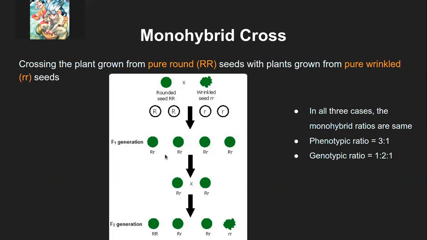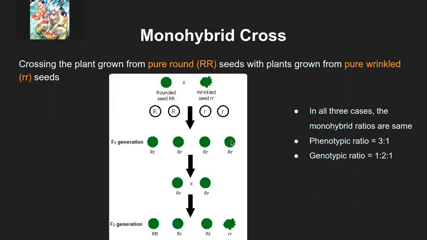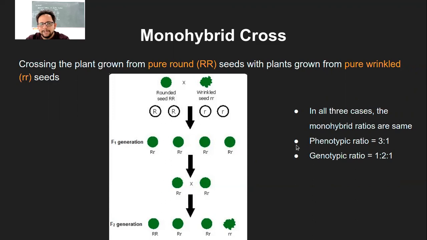And in the next, yes, why did you get 4? Like, won't you get only 2? No, we'll always get 4, no? This gamete will fuse with this, you get the first. This gamete will fuse with the second, you will get this. This gamete will fuse with this, you will get the third. This gamete will fuse with this, you will get the fourth. Okay, okay. I thought it was the total. Yeah, no, possibilities. So that is the F1 generation.